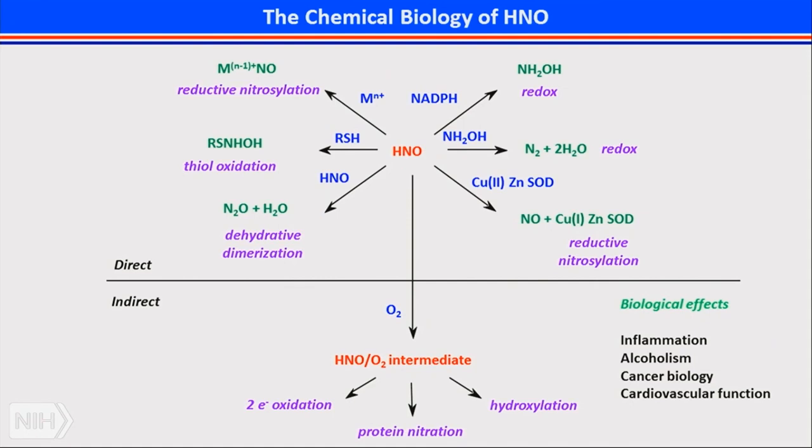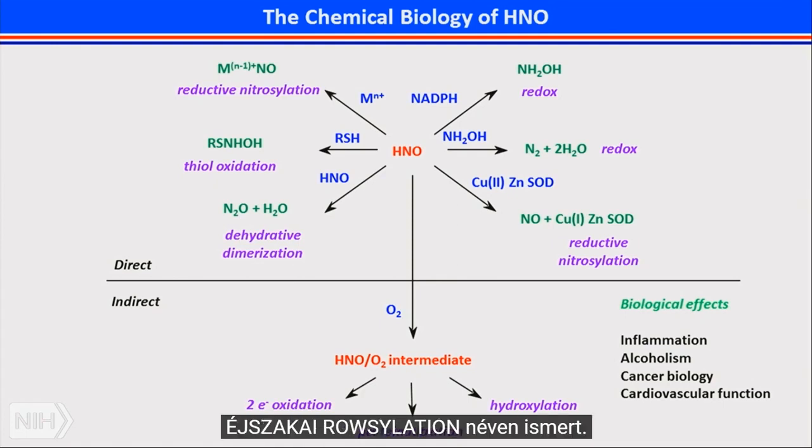So these are some of the common reactions of HNO. While NO reacts with ferrous heme and free radicals, HNO mainly reacts with ferric heme and ferrous heme, as well as thiol species. So the reaction of HNO with metal centers is known as reductive nitrosylation, and this is mainly used for detection of HNO. Also, another method which is used for detection of HNO is the reaction of HNO with